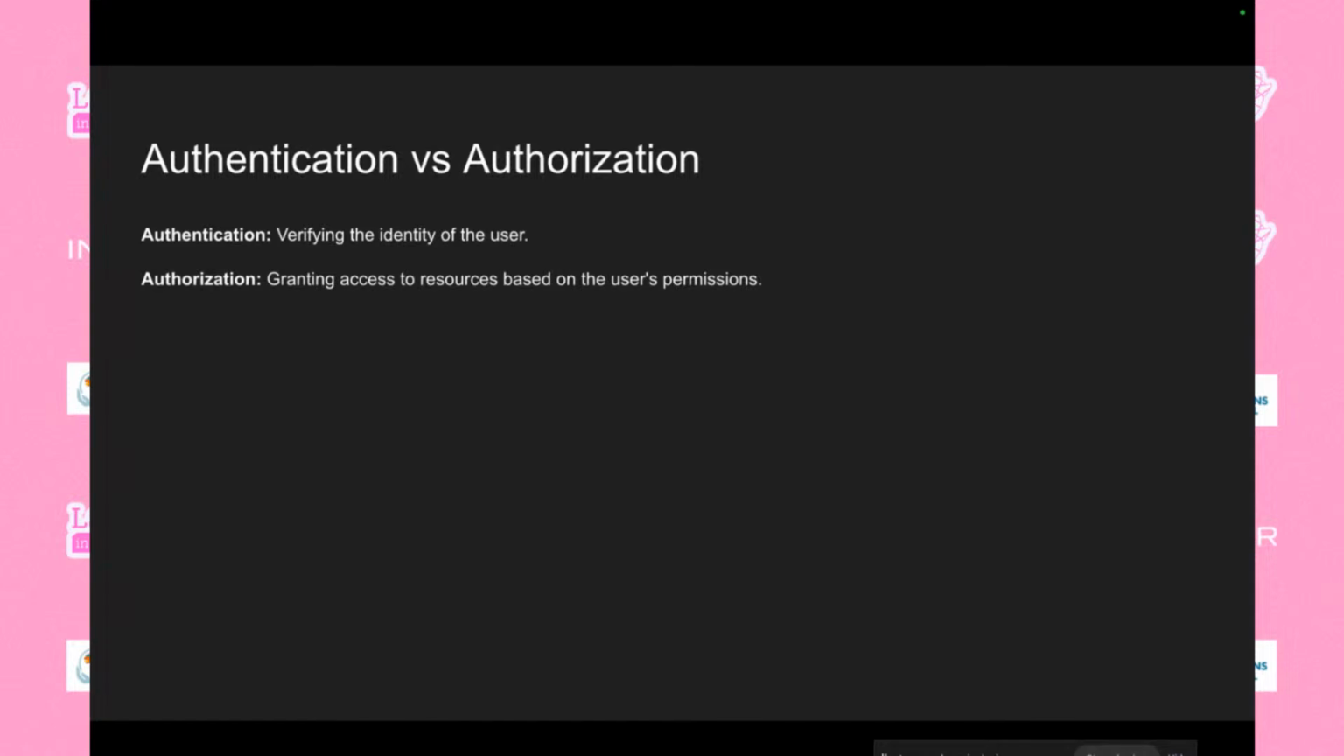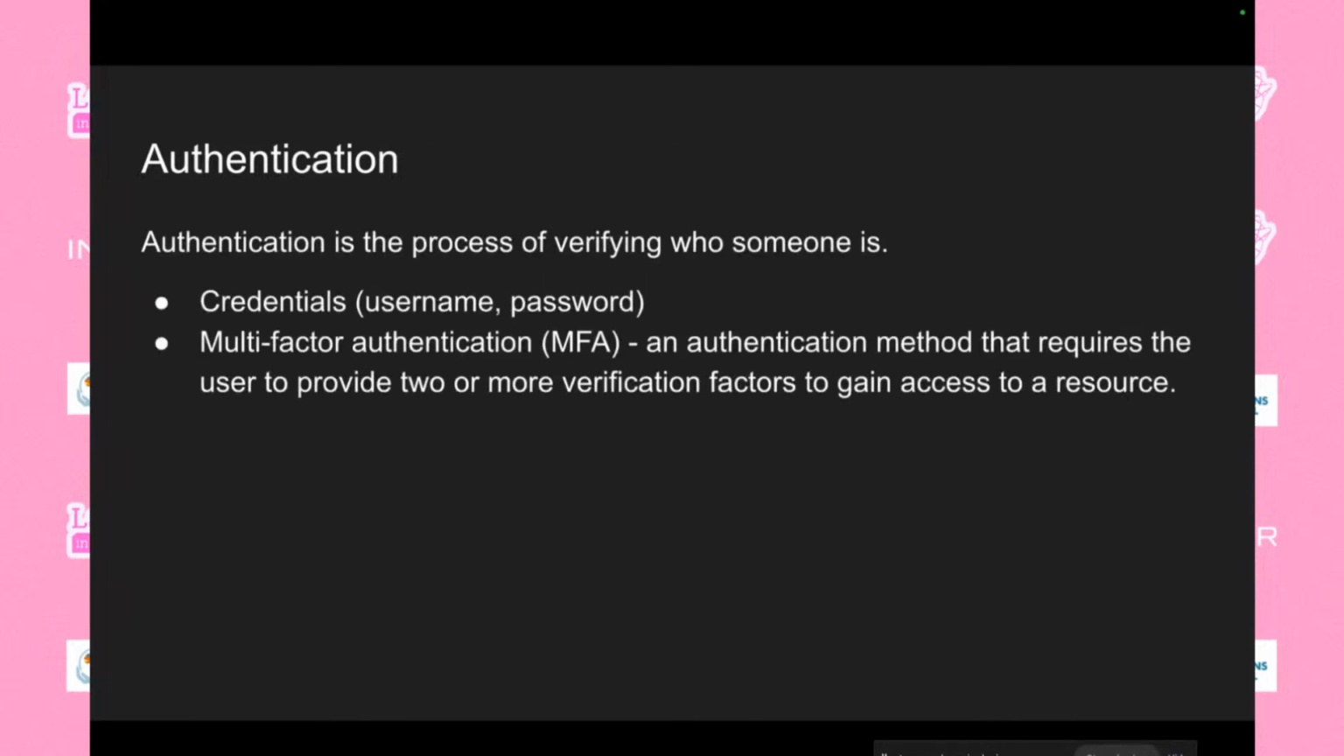Authorization is when you enter the door, what are the actions you can perform when you enter the door. That's the authorization. So it's basically granting access to resources based on the user permission. So authentication is the process of verifying who someone is, which is what I just explained. Then methods of verifying